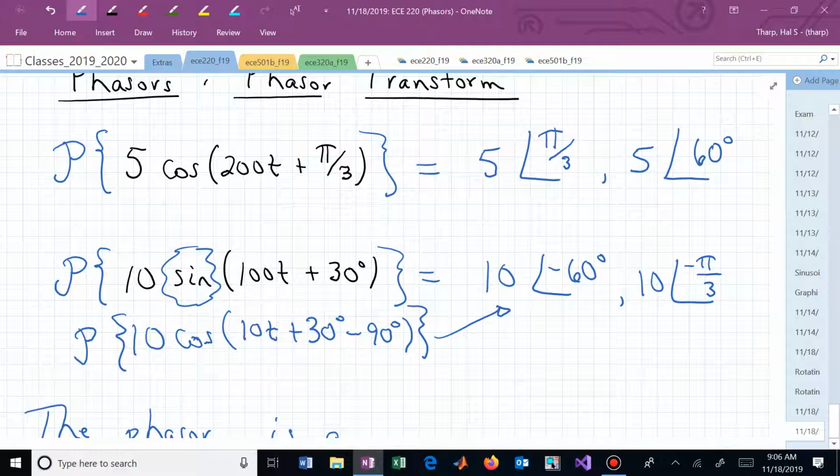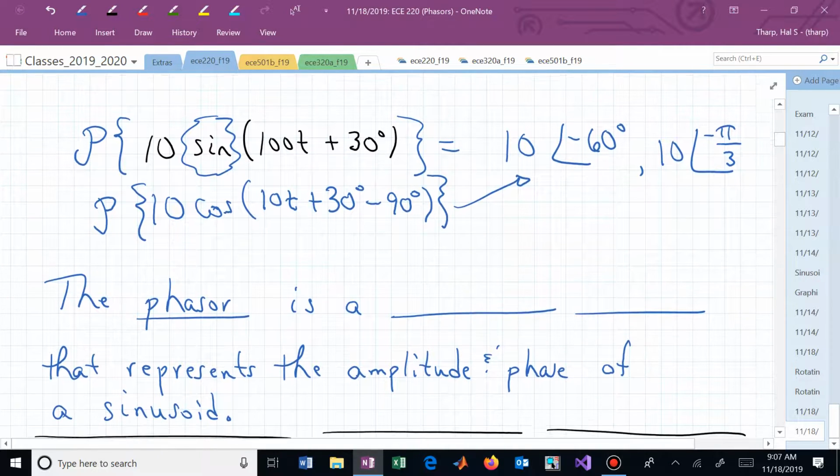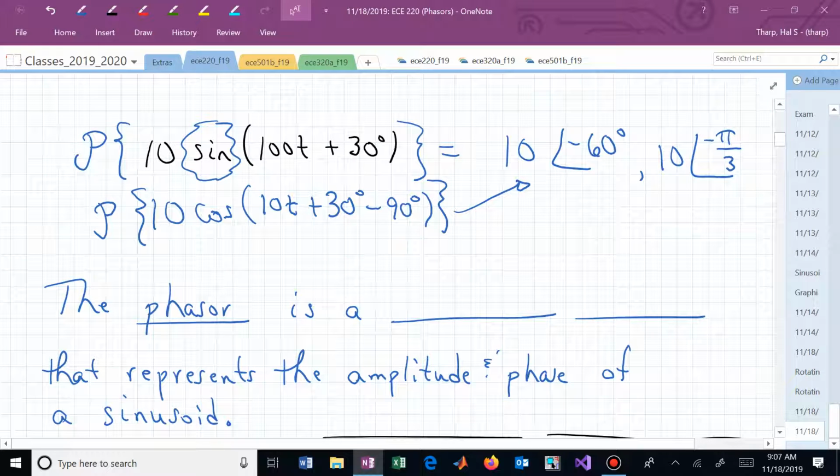Either of those would have been okay. And what we want to keep track of then is that this is trying to help us. We're trying to simplify, not having to keep track of all these sines and cosines. But now, when we are playing with phasors, the phasor is a blank, and here I'll give you a hint,